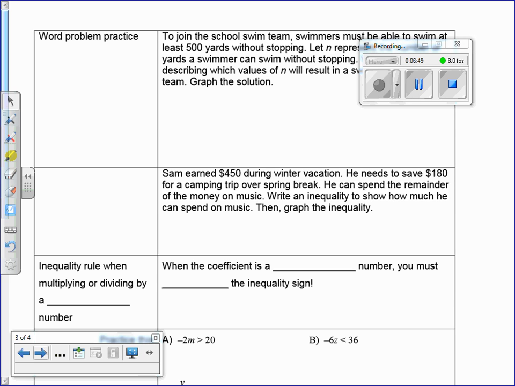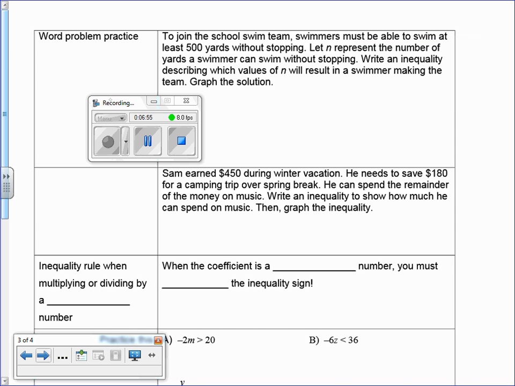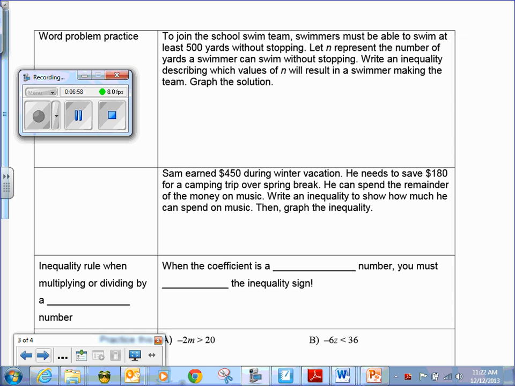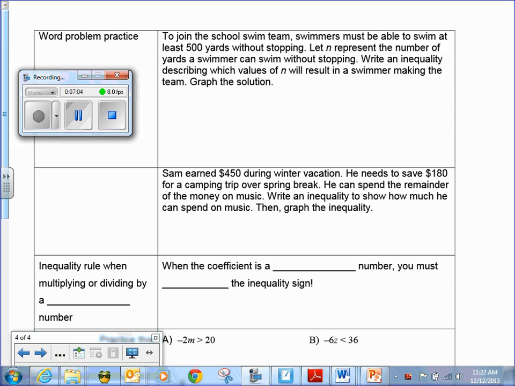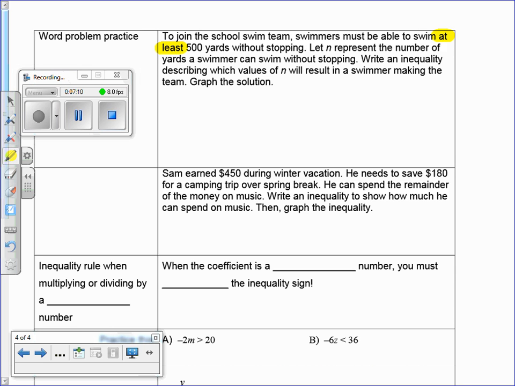Here we go. All right, what I'd like you to do is to go ahead and read this word problem. I'll read it out loud for you in case you're having a hard time seeing it on your small screen. It says, to join the school swim team, swimmers must be able to swim at least. All right, I'm going to even highlight these key words. At least 500 yards without stopping. Let n represent the number of yards a swimmer can swim without stopping. Write an inequality describing which values of n will result in a swimmer making the team. Graph the solution. So I want you to write an inequality, n and a value, and draw it on a